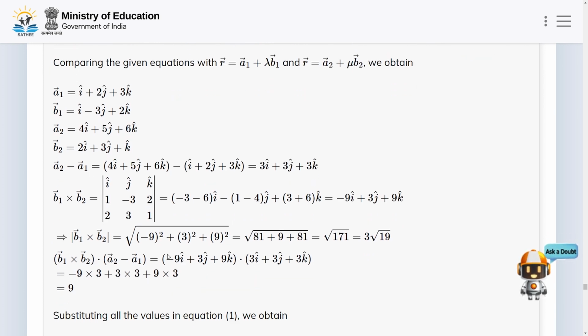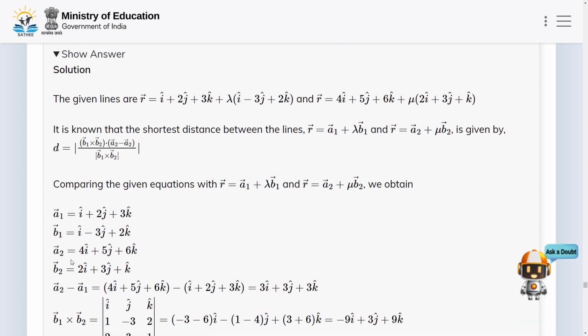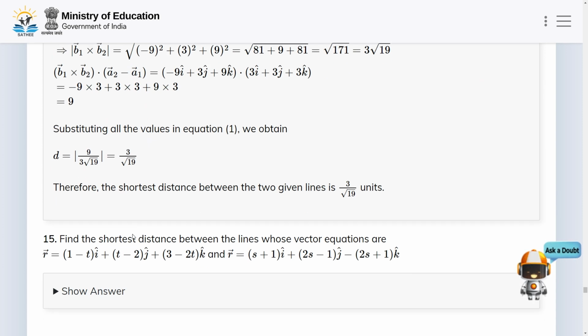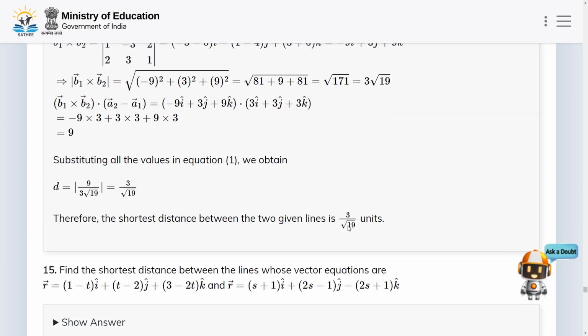The magnitude of this cross product will be 3 root 19, and taking the dot product with a2 minus a1, you will get 9. Now substitute all of these values in this expression, you will get the shortest distance as 3 by root 19